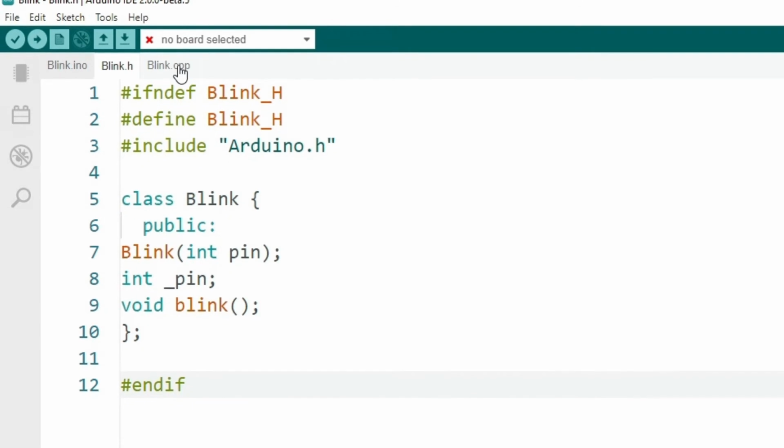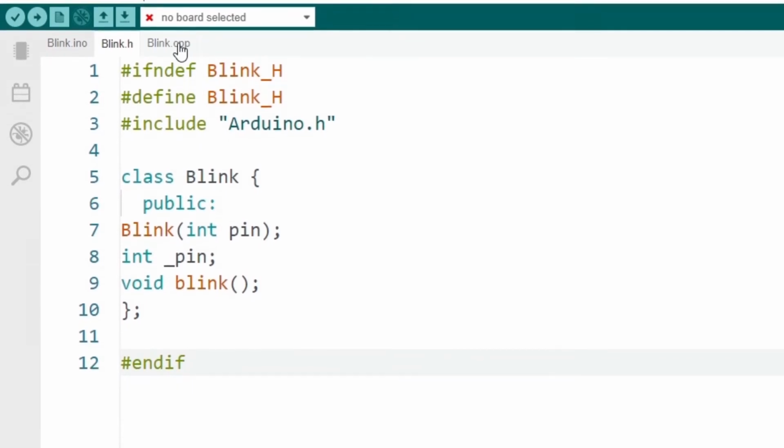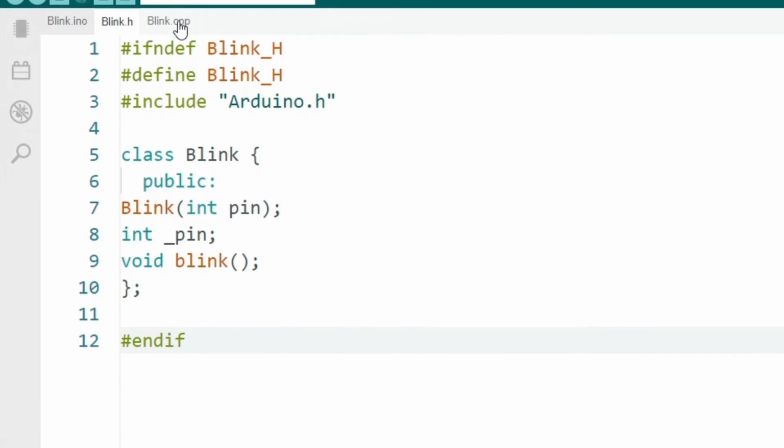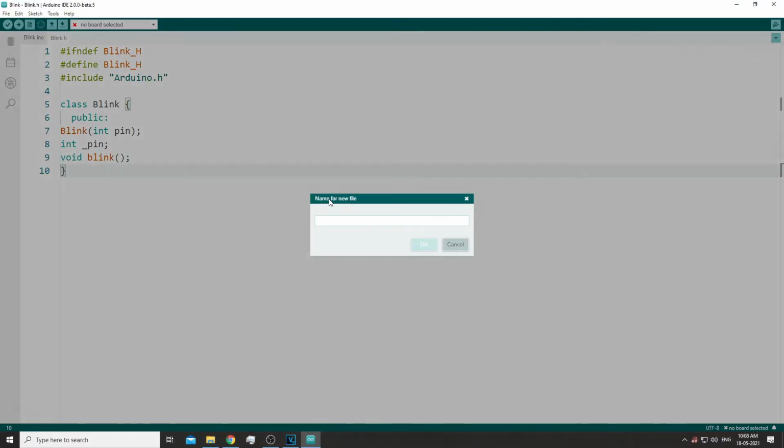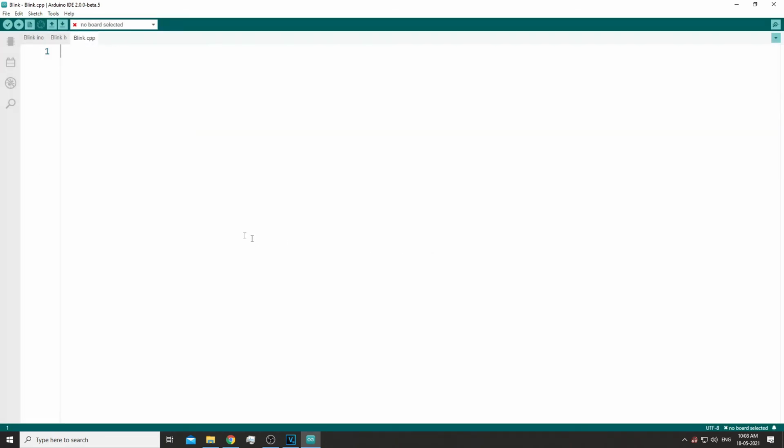Basically the header file works as its name suggests. It contains the headers of all the functions, classes, and definitions of the library. The main working code is written in the CPP file which we will create next. Naming this file blink.cpp. Now in this file we first include the header file we just made. Then we start writing what will happen if we define an object under blink. For example, we will want to set the pin mode as output.